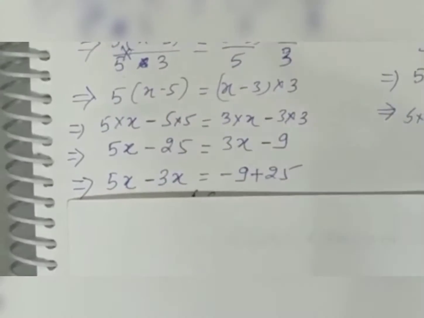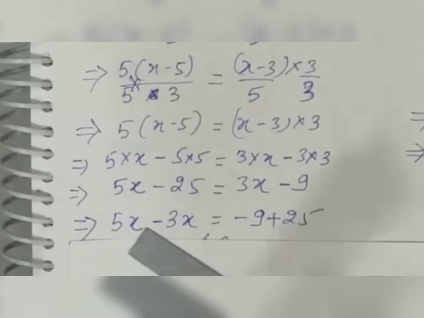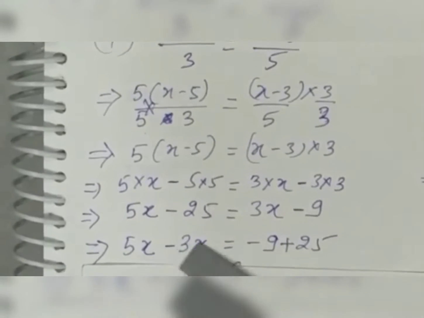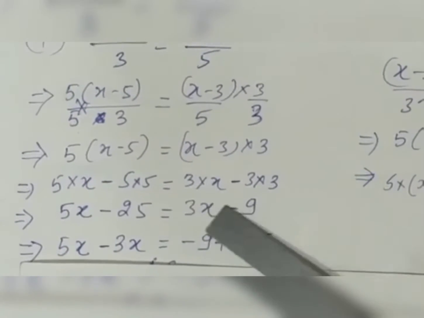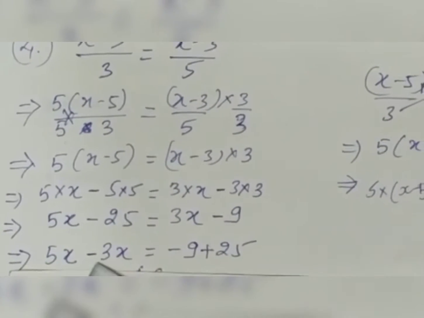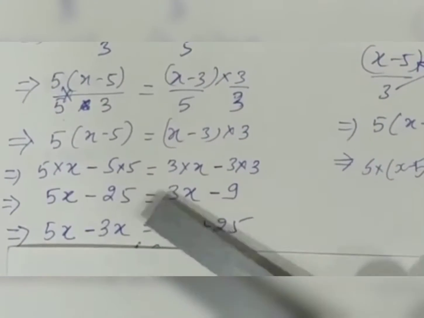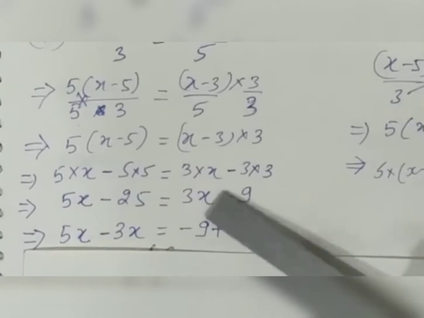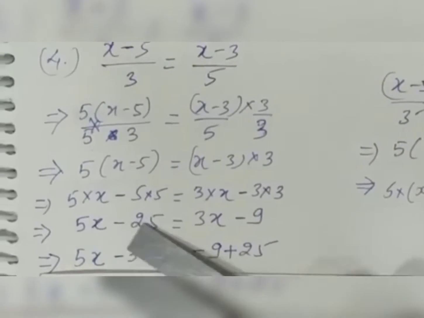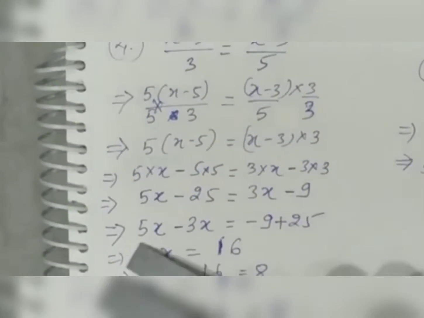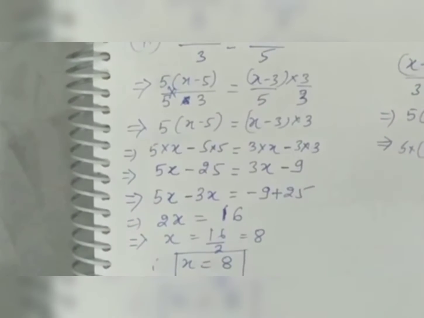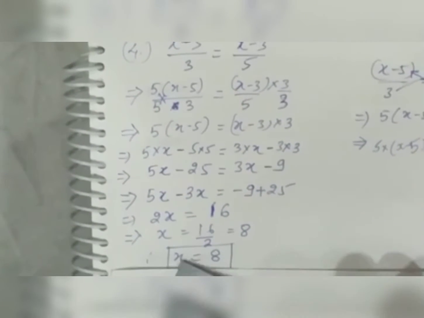Then a similar process is applied. We collect all the variables on the left hand side and numbers on the right hand side. That becomes 5x and change the sign: here it is plus, it becomes minus. Positive, negative. Here copy it on the same side, then this negative becomes positive here. Now it becomes 2x is equal to 16. The multiplication in the numerator is divided on the other side, 16 by 2 is 8, and now the answer becomes x is equal to 8.